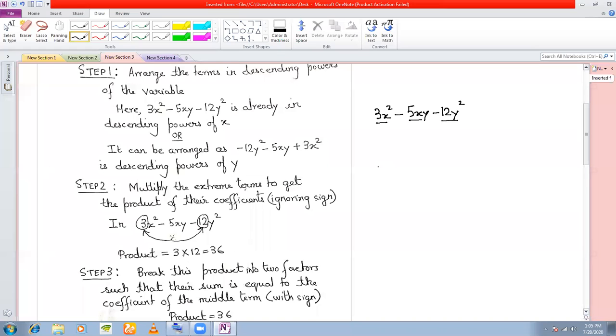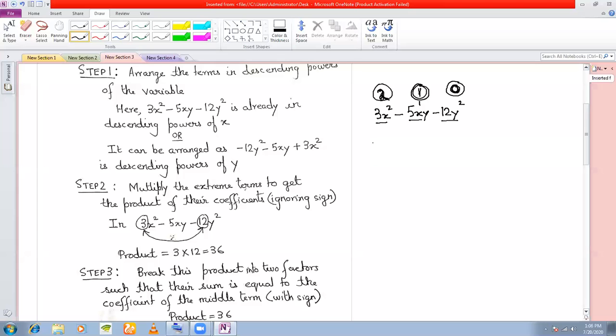Yes, sir, three terms. Okay. And what is so special about these three terms? Because a trinomial can be any trinomial, right? But what is so special about this trinomial? The special thing is that you have descending powers of x starting from 2. Here the power of x is 2. Here the power of x is 1. Here the power of x is 0. That is the speciality of this trinomial, that it will always have powers descending from 2 to 0. You have the power 2, then the power 1, and then the power 0. This is descending powers of x.